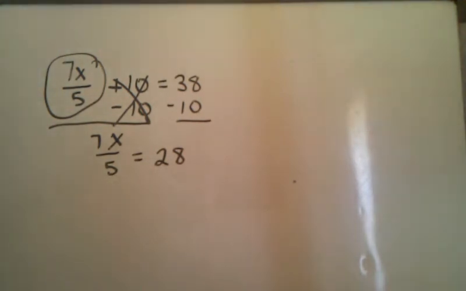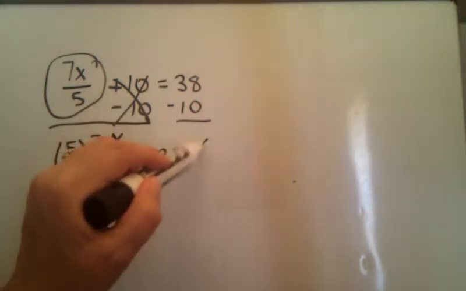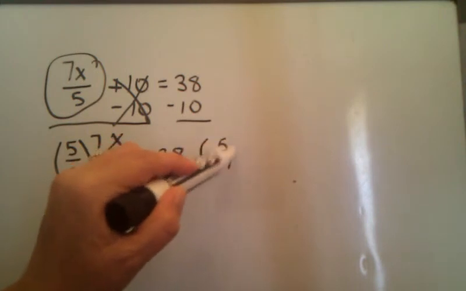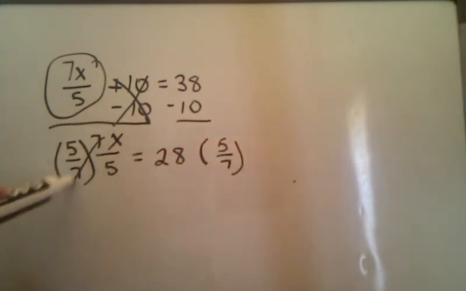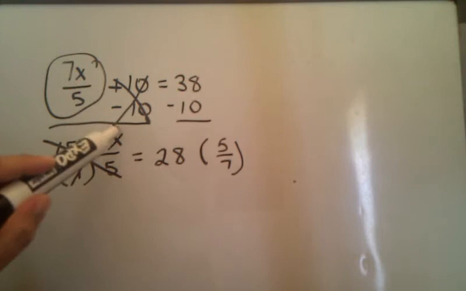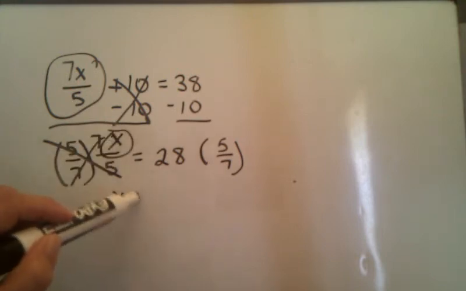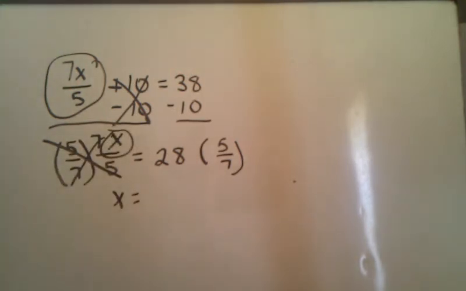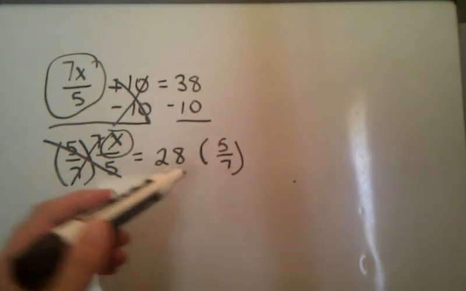How you get rid of a fraction is you flip it. So instead of 7 over 5, I'm going to put 5 over 7. But if I multiply this side by 5 over 7, I have to multiply that side by 5 over 7. Okay? My 7's cancel out, my 5's cancel out, so I'm left with x equals, okay, now remember fractions,